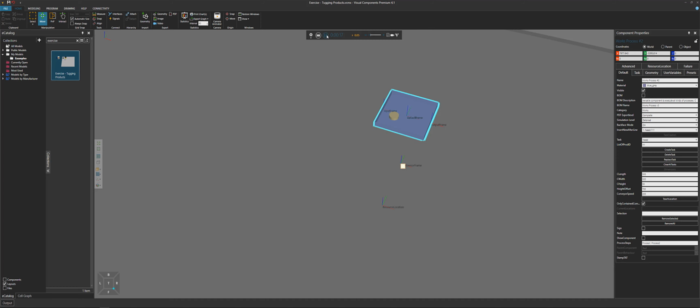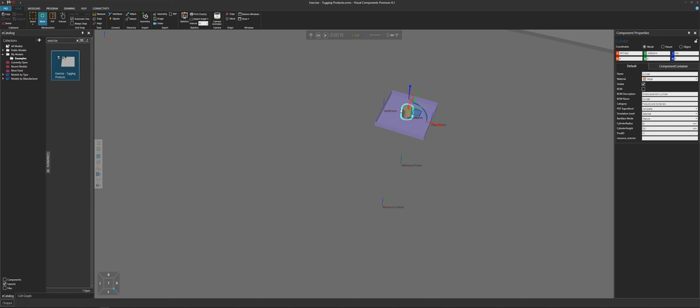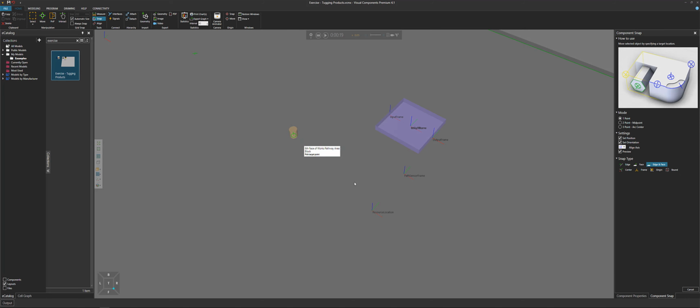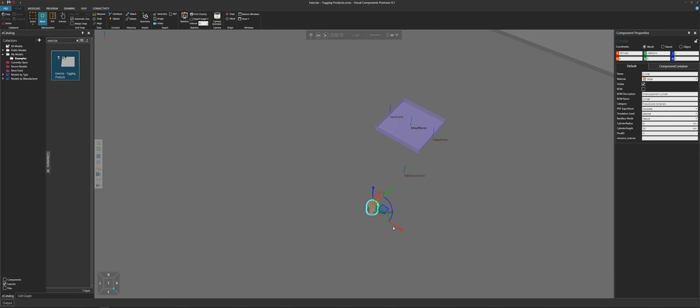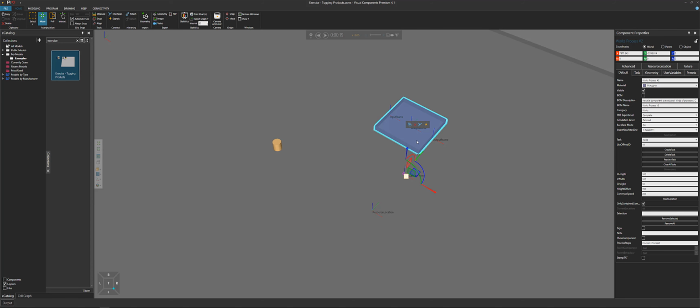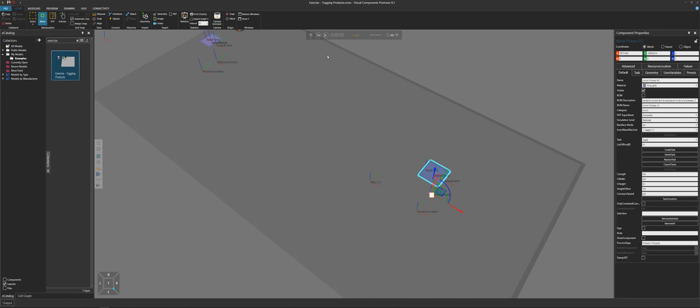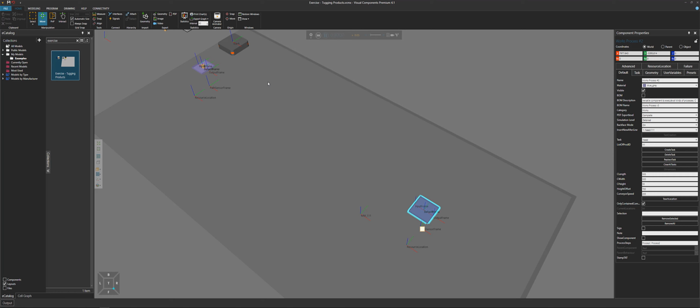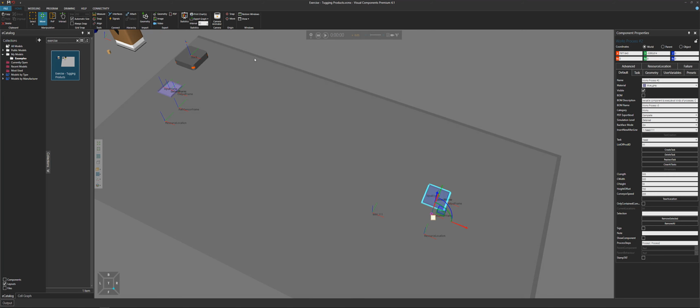So let's wait until it's there, stop the simulation, and now if we teach the location, you can see it is updated. But we lost where we had the part, so let's just redo that real quick. Let's select the component, snap it, and put it to that frame, and then drag it along the x-axis in this direction. Right about there. Select the Works Process component, and click Teach Location, which will then mark or update that current location we had earlier. So now, if we run the simulation, the vehicle, oops, I made it invisible, so if